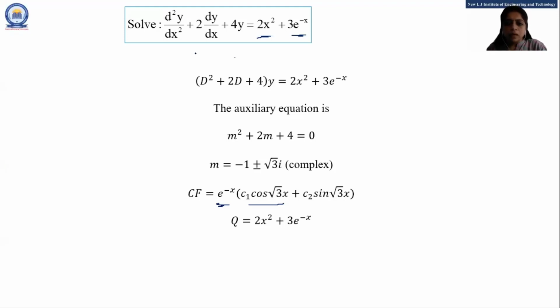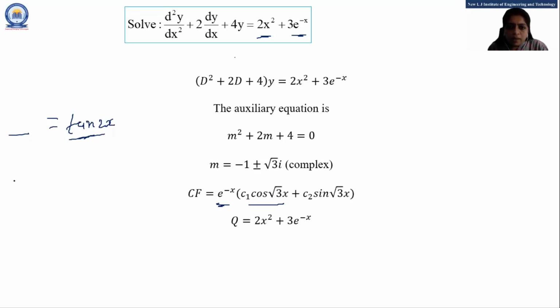Got it? But suppose your right hand side of the differential equation is tan 2x. Okay, Akhilesh, then what to do? You can't apply the shortcut method as well as the undetermined coefficient method. For tan, for sec, for logarithm, you just apply the variation of parameter method. Even if they didn't ask to solve with variation of parameter, as your right hand side is tan, sec, or logarithm, you have to apply the variation of parameter method.